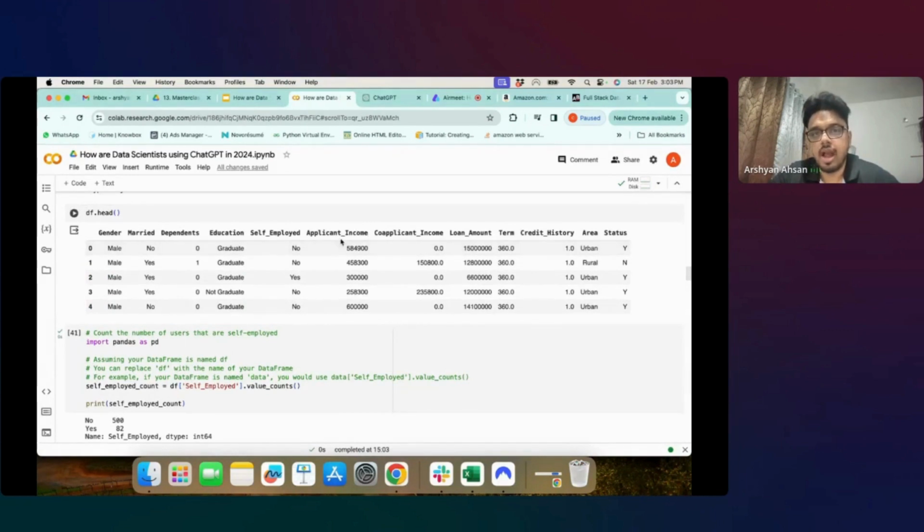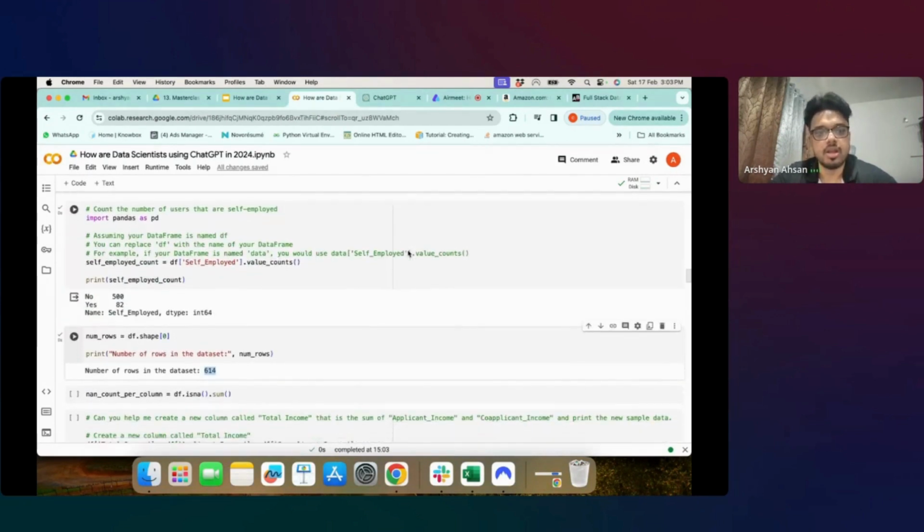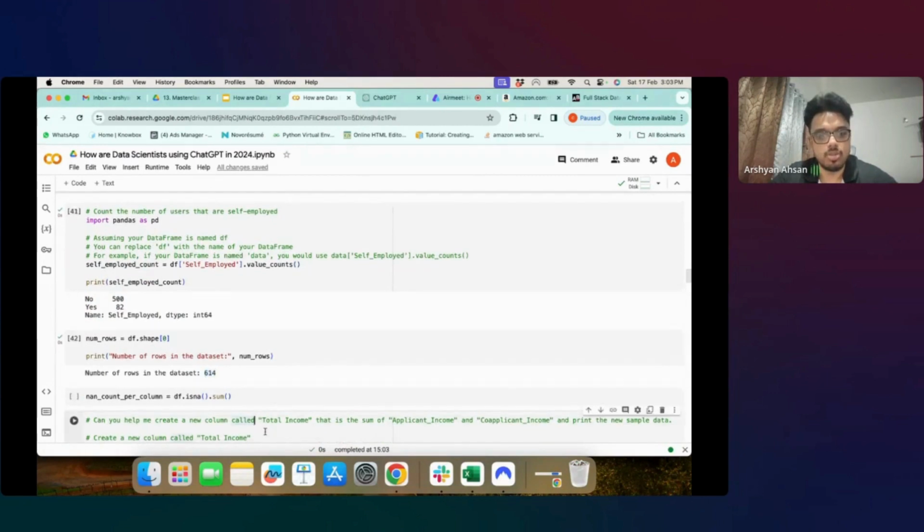और एक थोड़ा सा स्पेसिफिक यूज केस लेते हैं, दैट आई विल आस्क चैट जीपीटी दैट ये दोनों जो कॉलम्स हैं, एप्लीकेंट इनकम और को एप्लीकेंट इनकम, इन दोनों का सम करके एक नया कॉलम बनाओ जिसका नाम है टोटल इनकम, एंड दैट शुड बी द सम ऑफ दीज टू कॉलम्स। ठीक है, ये मुझे करवाना है। तो आई विल जस्ट कॉपी दिस प्रॉम्प्ट।